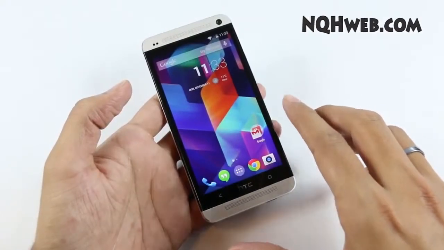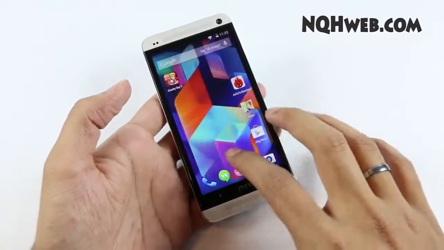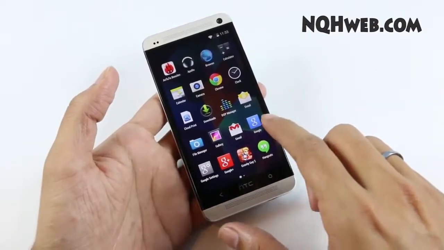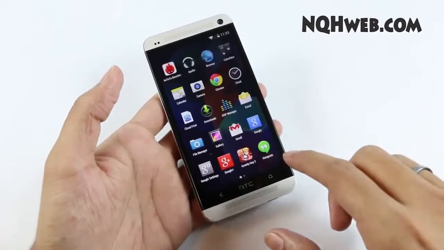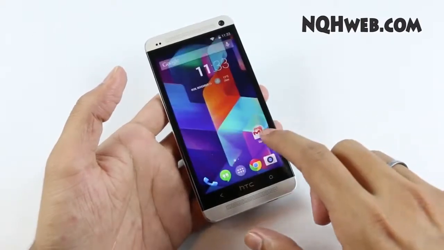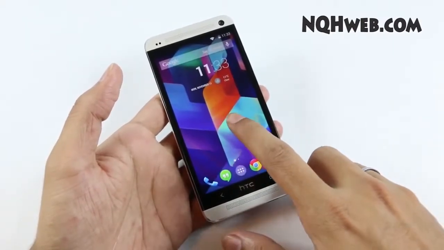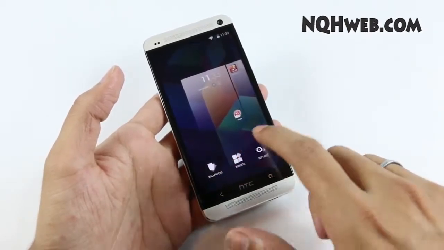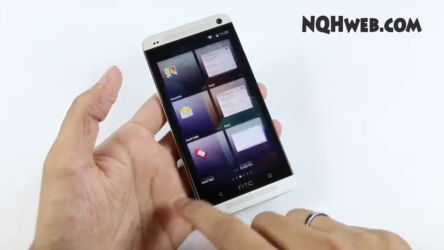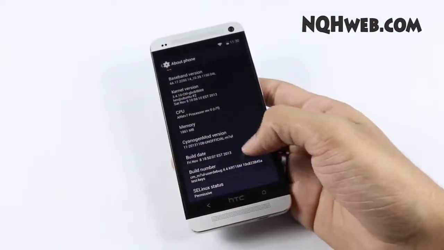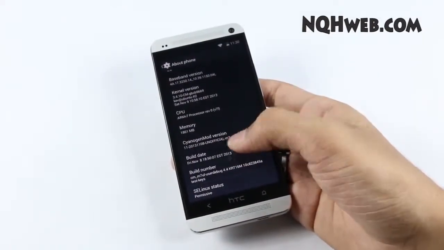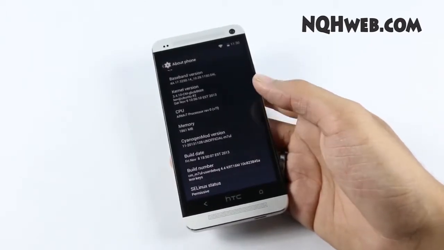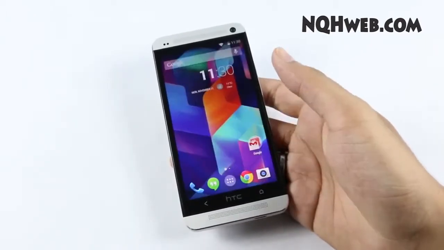Since the newer version of Android has a very neat and clean UI, you don't have anything extra on your application drawer apart from your applications, like you had widgets with the previous versions. So to add widgets or to change wallpapers, tap and hold, and you will get the options to choose your wallpaper or to add widgets. Since this ROM is still in the unofficial state, I will be doing a full review once the final version is available. I just wanted to show that the ROM is working perfect, you know, everything is